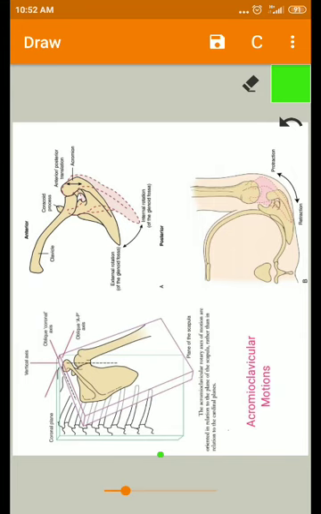Dear students, welcome back. Now we are going to see acromioclavicular motions. Here, the articular facets of the acromioclavicular joint are small and cause only limited motion, and there is a wide range of individual differences. Though only a very small range of motion occurs at the acromioclavicular joint, each and every motion will have a lot of differences in the case of movements.